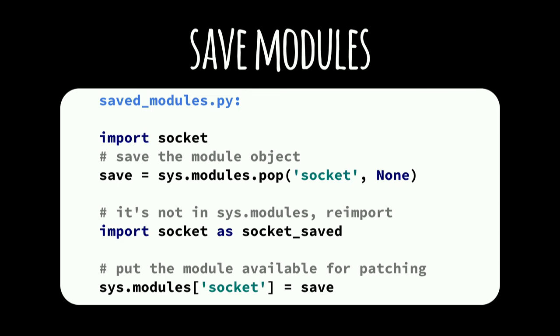Let's create some module saved modules. Here we import the socket module, so that means that after that it is situated in the sys.modules dictionary, and the key socket is inside the keys of this dictionary. After that, we pop the object with key socket from this dictionary. What does it mean? This object is not inside the dictionary, but we still have a link to it. And after that,